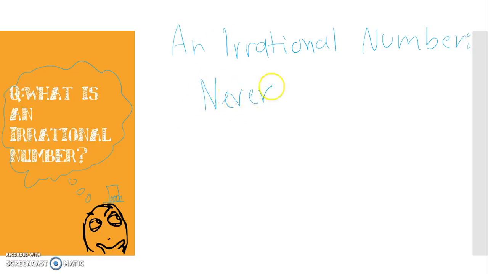So, it should never, ever, ever terminate. And you're like, what? Are we going to watch Terminator, Arnold Schwarzenegger or something? I don't think I said that right. But anyways, no, terminate means end. So this number just keeps going. This is not going to be an irrational number. It's going to be a rational number, but we're just going to keep going.